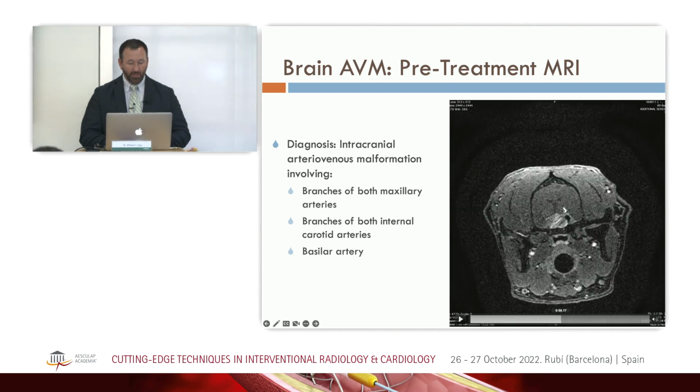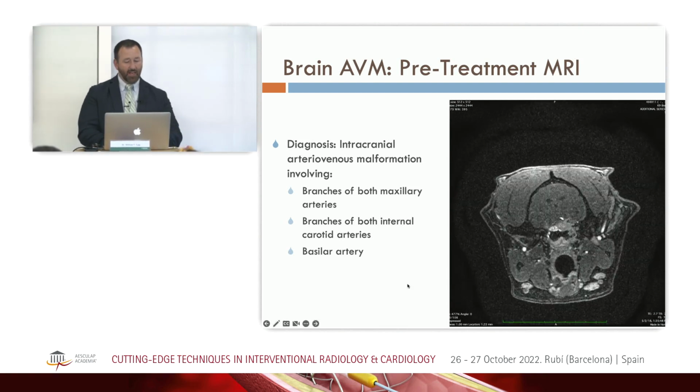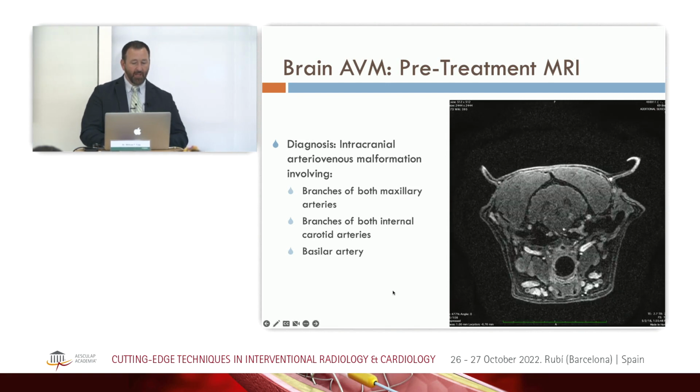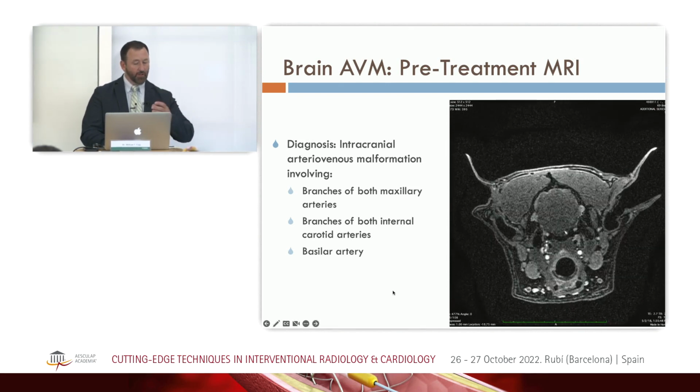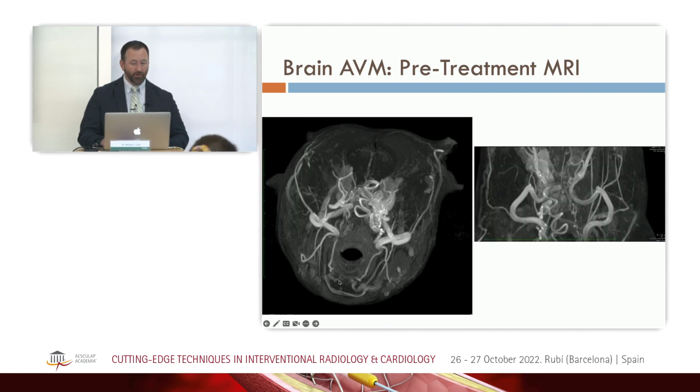And we don't catch his globes all the way there, but eventually you can see big dilated venous structures sitting behind the globes that are really putting a lot of pressure out on his globes. And so there's a malformation of both maxillary arteries, the internal carotid arteries, and the basilar artery. Here's a better look at that. All of this is making up this AVM within the brain. So large abnormal collection of vessels here